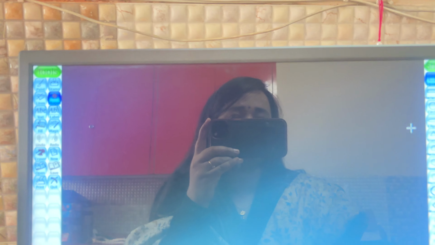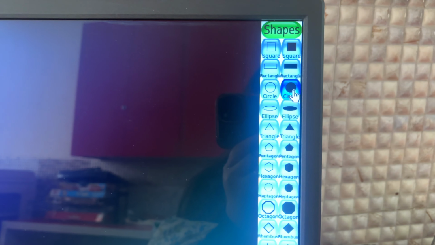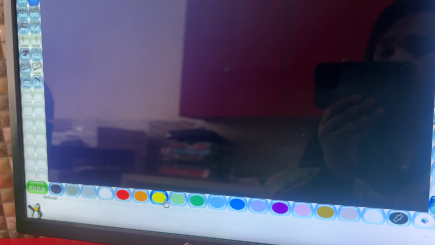Now we will first go about creating our planet. The first screen is black. We are going to go to the shapes option on our screen and click on it. Once we click on that, we get the shapes in the selector option and we click on circle. So we go for fill shape and then we will click on yellow color and create our sun, which is the biggest circle that we will create. A little bit bigger can also be initiated.